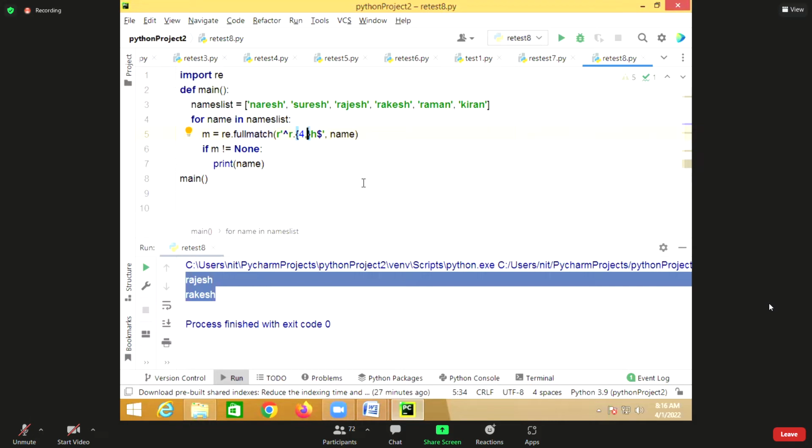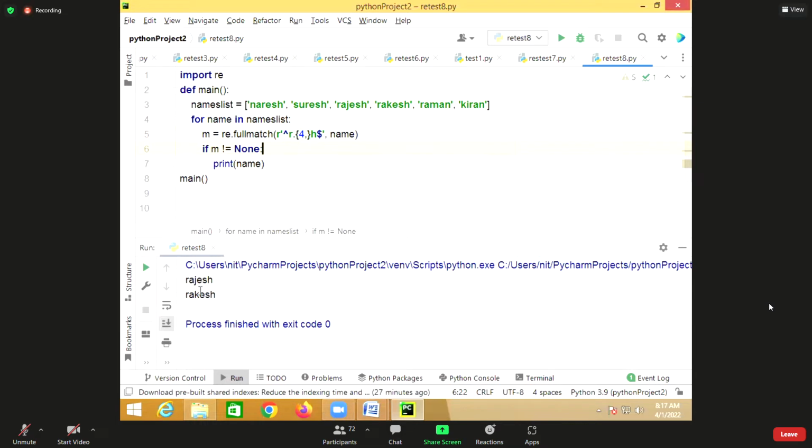Any number, because the upper bound is not given. I said 4 comma, that's all. If I say 4 comma 6, how many repetitions? 4, 5, 6. But if I write only 4 comma, the minimum is 4, but the maximum is infinite.